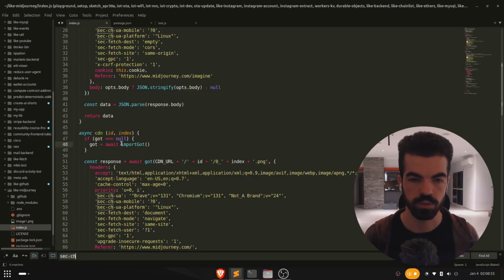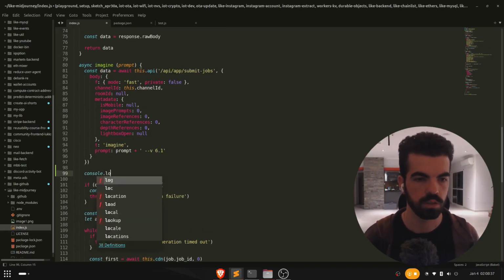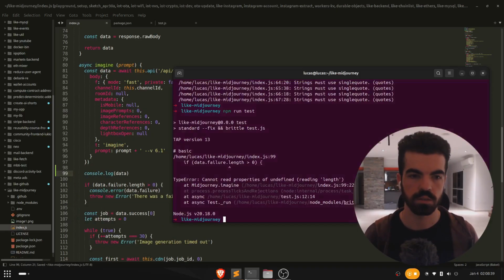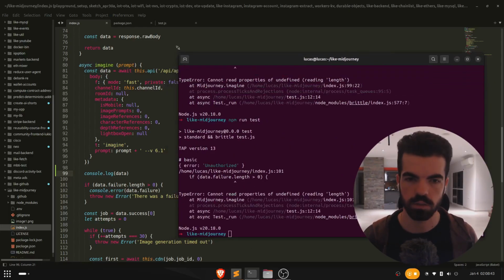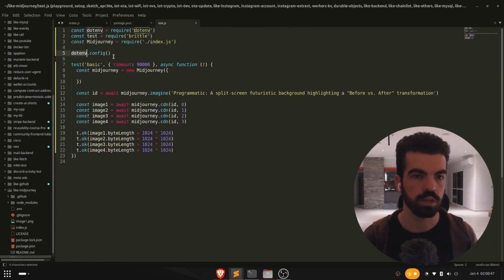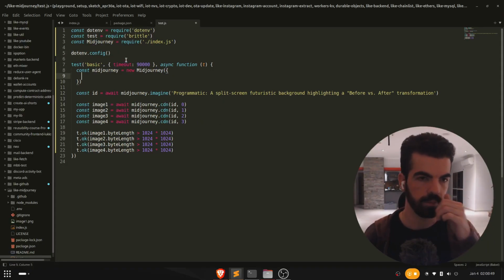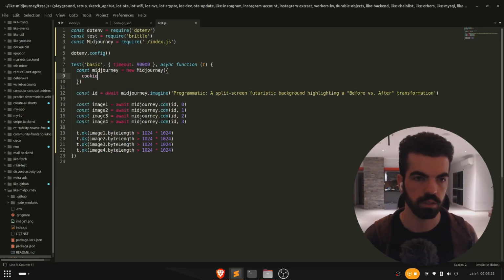So data failure. Okay, now we have this error. Why do we have that error? Let's print data. Why did that not work? Unauthorized. Oh, okay. Oh, yeah, sure. The dot env is not working. Why? Sorry, it is working, but we are not passing the